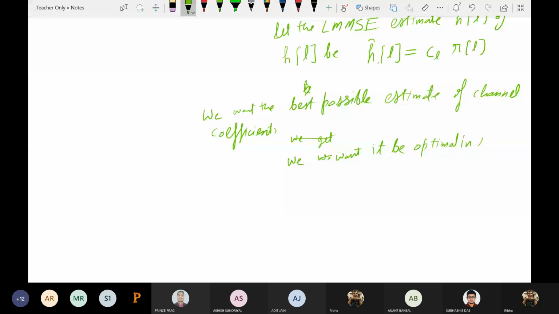Agreed? Since we want it to be optimal in some sense, we say that we are considering